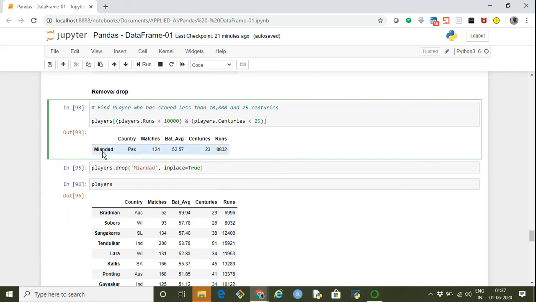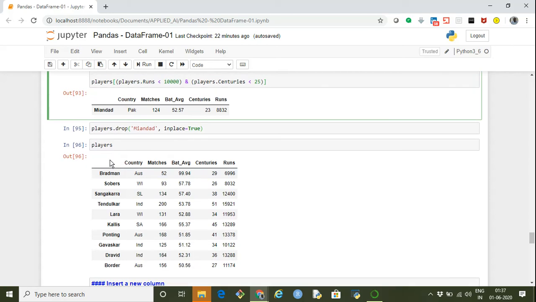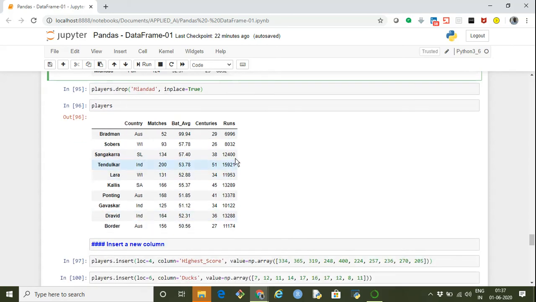So we have to drop this particular record, so we will drop it using the drop function. So players is the name of the data frame, dot drop, and we specify the row label, which is the name of the player, here in this case Miandad, and inplace equals True means the actual changes should take place within the data frame. And after this, if we display the players data frame, we will not find Miandad's record in this particular data frame.